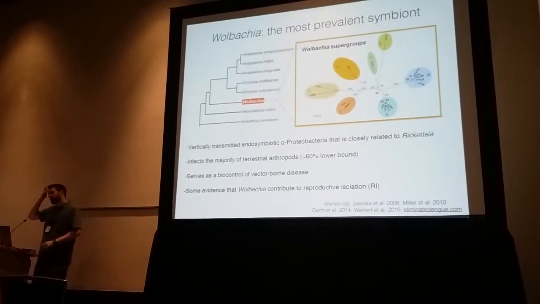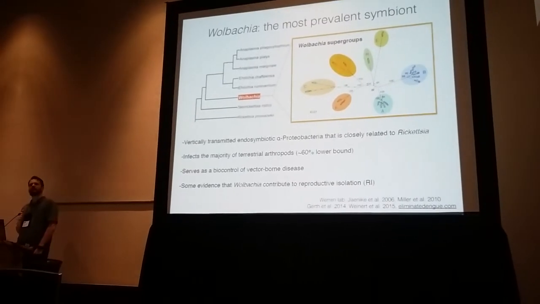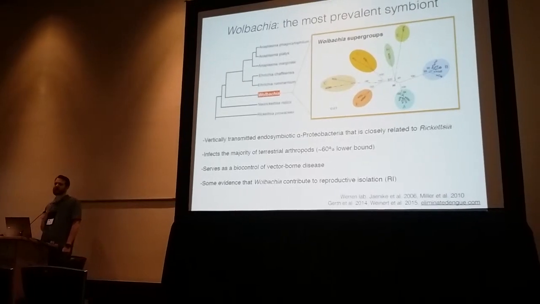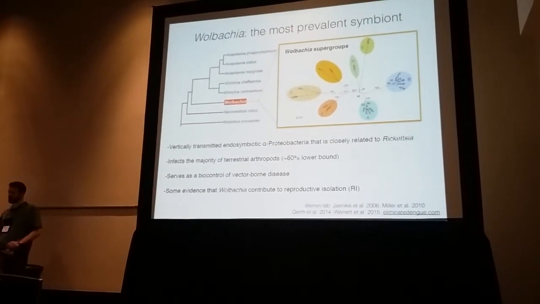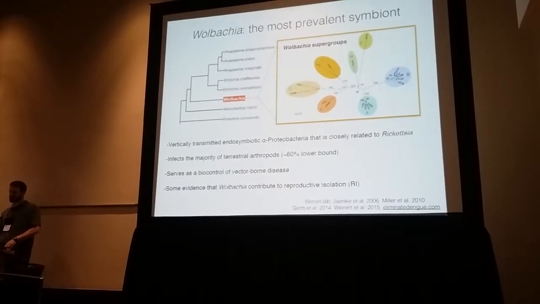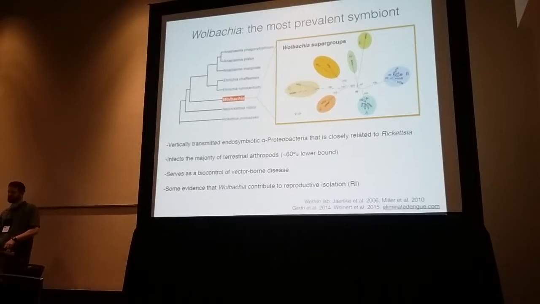So Wolbachia are the most prevalent symbiont on the planet. They're alpha proteobacteria that most arthropods, and also most insects, have. We think about 60% of arthropods have them. I think that's probably a lower bound because we score these with PCR, so those don't always pick up low titer infections. They're passed on by mom vertically, so they should co-evolve towards mutualism.